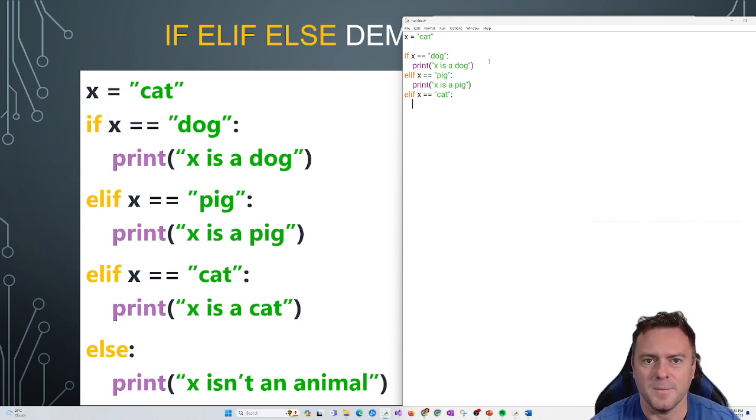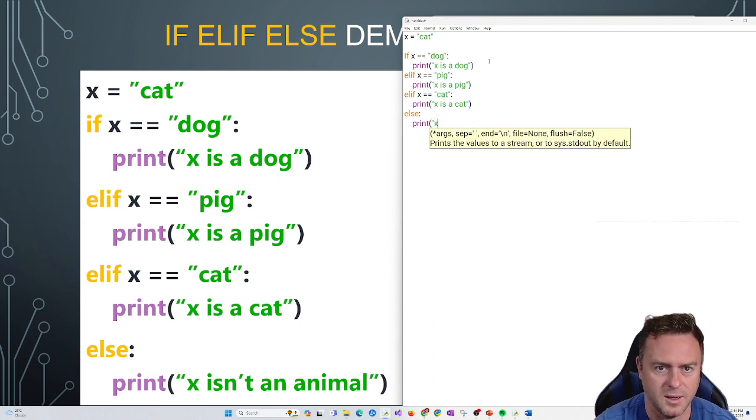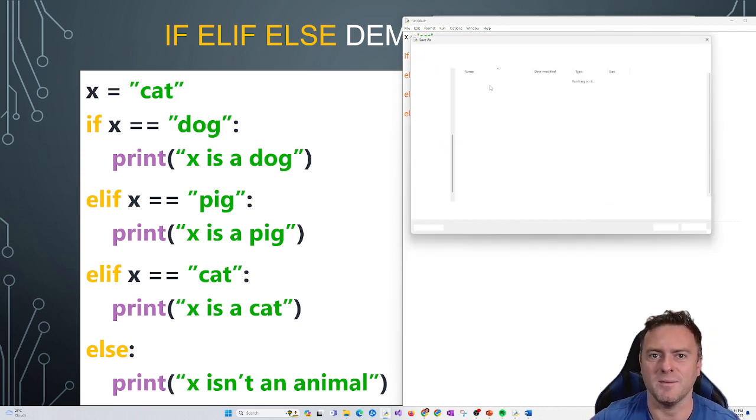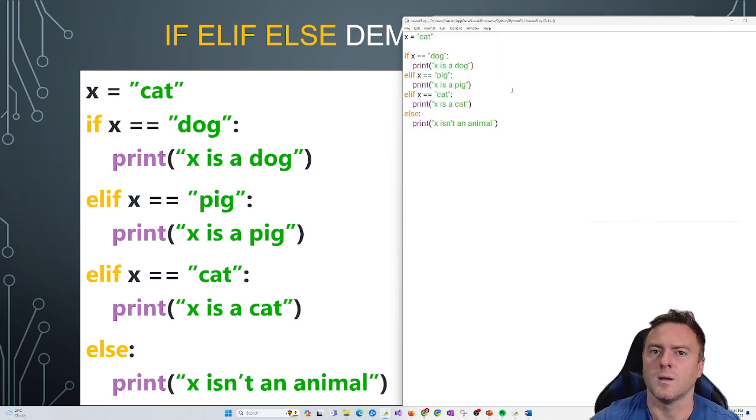Do a snaky bite, print X is a cat. And then at the end, else print X is an animal, which may be true. And then now we run it. So if we save this one, and we run it,